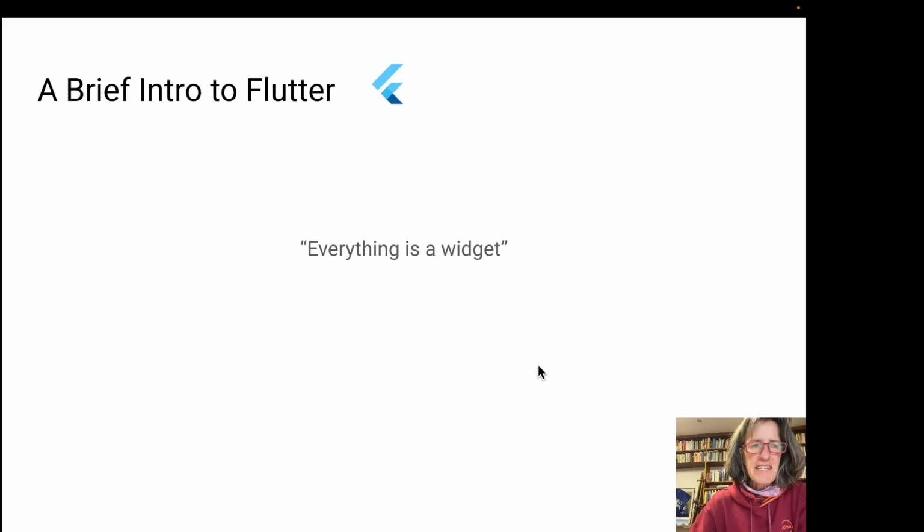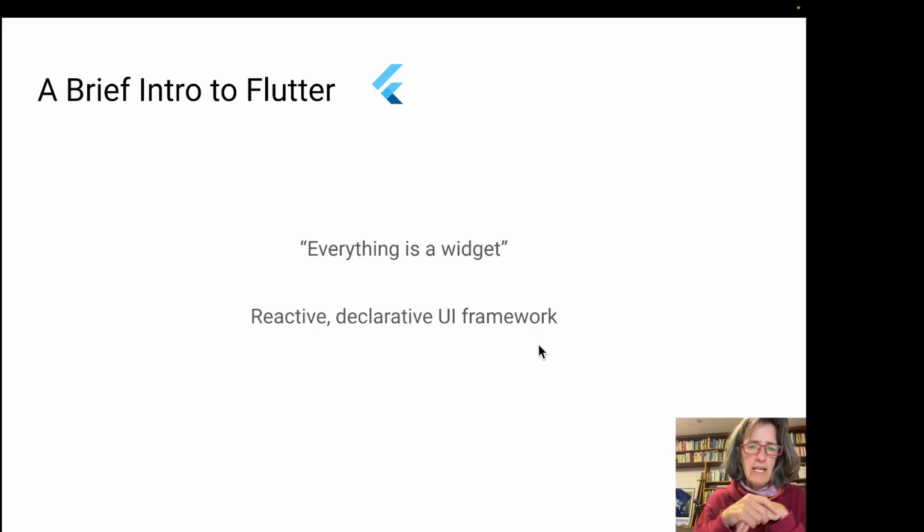What this means is you're building your UI from a stack of widgets. So your entire canvas is the first widget. Inside you have an app bar and a body and a footer. Those are widgets. Inside that body you have maybe a few columns or a few rows or so. All of these are widgets. In technical terms, this is called a reactive or declarative UI framework. And if you've worked with, for example, React or with Android Compose, it will look quite familiar to you.